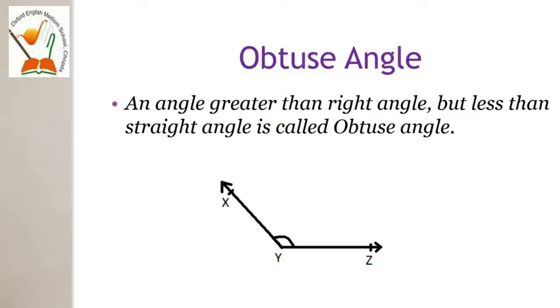And when the angle between the two rays is greater than 90 degrees, then that type of angle is called an obtuse angle. See in this figure of angle XYZ, we have ray YZ and ray YX. These two rays have one common endpoint, that is Y. So at the point Y, we have an angle which is greater than 90 degrees. So this angle is called an obtuse angle. When the angle between these two rays is greater than 90 degrees, it is called an obtuse angle, we know that.